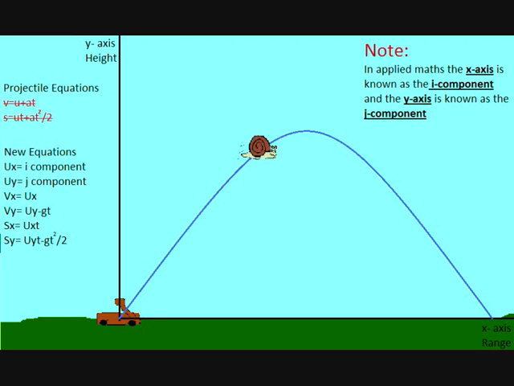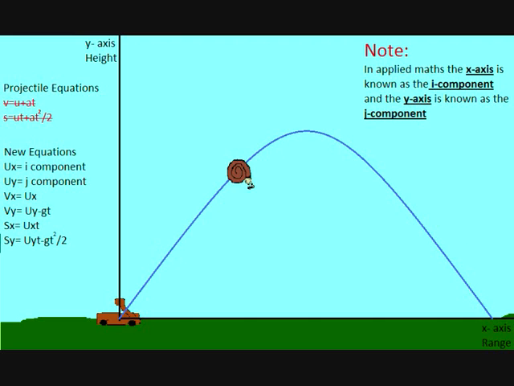Next is vx. We derive this from the equation v equals u plus at. But in this problem, vx is a constant as it is travelling horizontally, which means no other force affects it, and so the acceleration is equal to 0. This means vx is the same as ux. On the other hand, vy is affected by gravity due to it going upwards, and thus its equation is vy